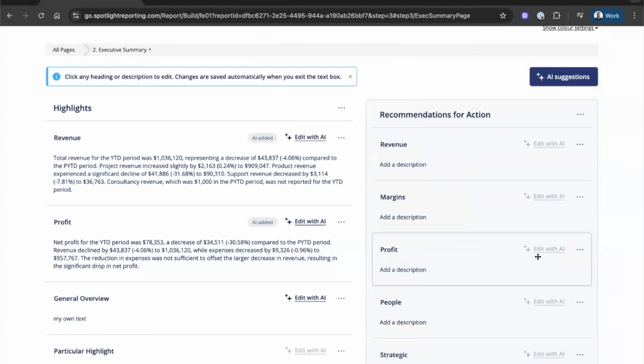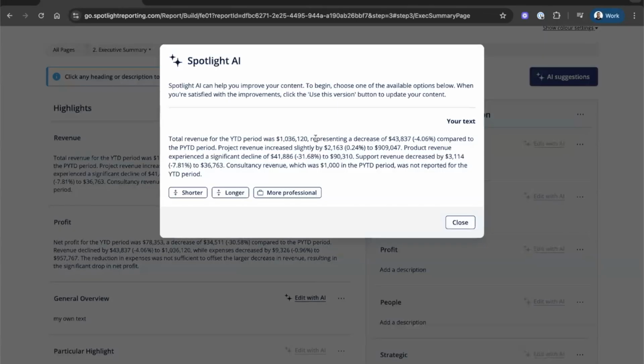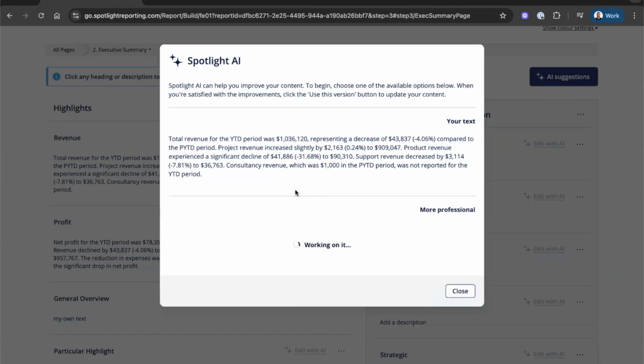Now, once they're in your report, and from that point on, you can refine, in fact, all and any of the commentary in your report using Edit with AI. Once this module is open, you can choose from the on-screen options, and that might be to make something more professional or even to simplify that commentary that's been given to us from the AI suggestions, perhaps, or even your